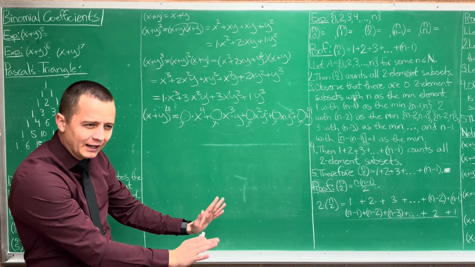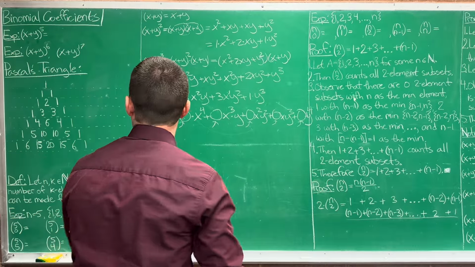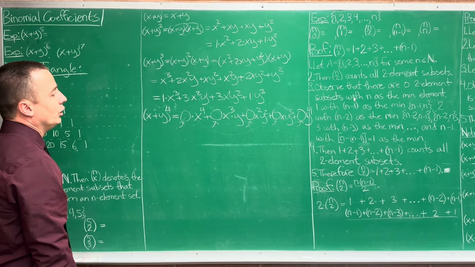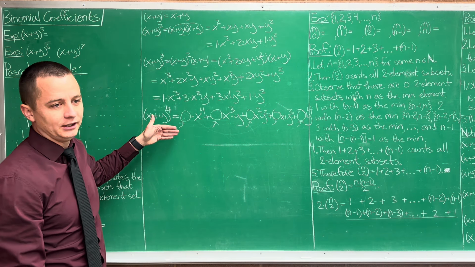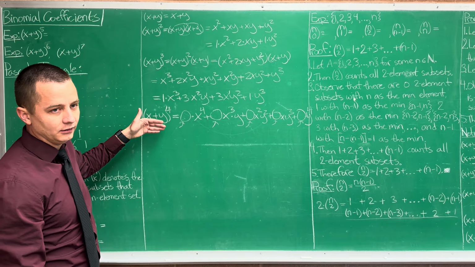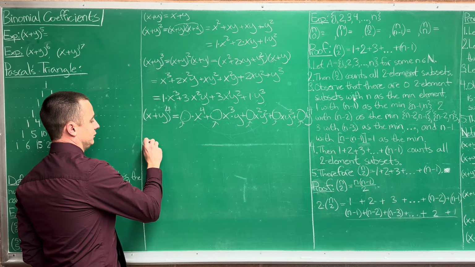Somehow these coefficients and counting subsets are one and the same thing, and they're very related to each other. And that's the connection we're going to be focusing on today. Now going back to your algebra days, expanding this all out is becoming a nightmare. Right? And so if I were to ask you to do something like what's (x + y) to the 5,